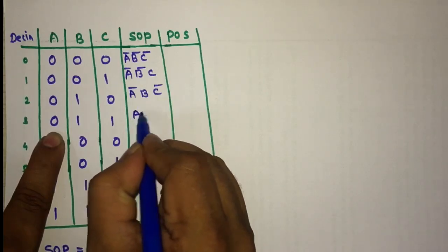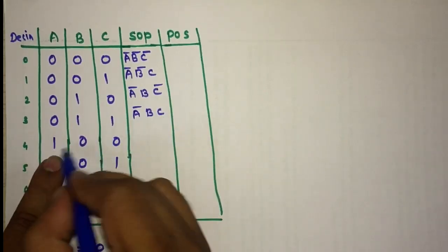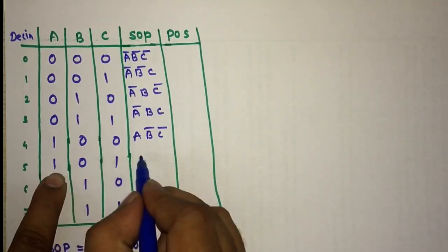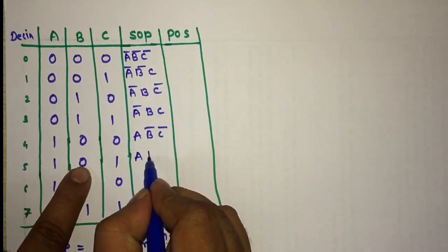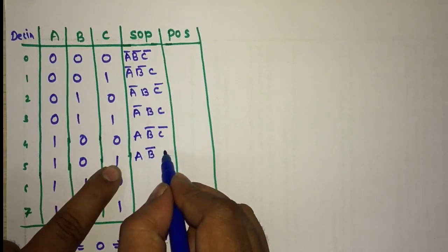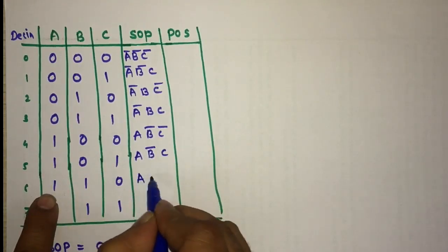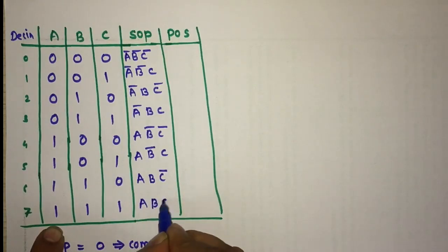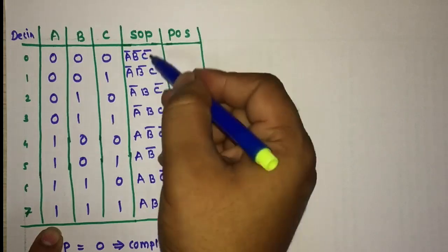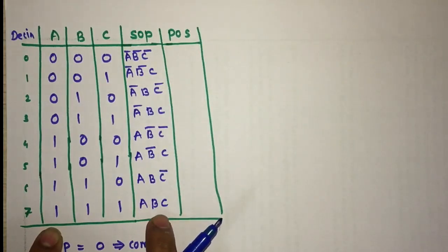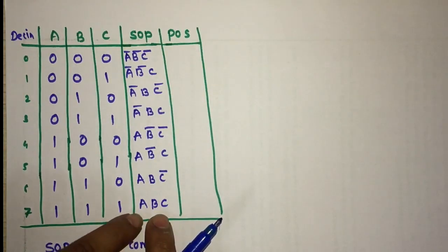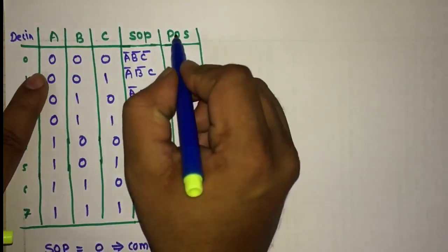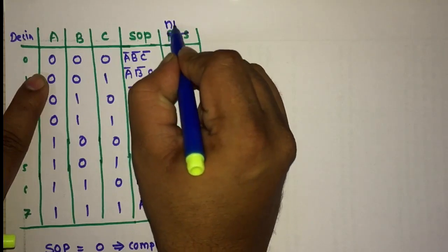Here A bar, B, C. Here A, B bar, C bar. Here A, 0 means B bar, 1 means C. Here A, B, C bar and the last one A, B, C. So these all are product terms. Here we will take the minterm,